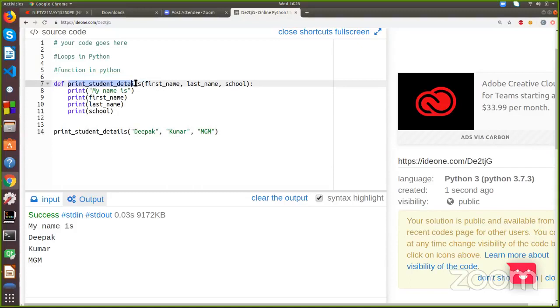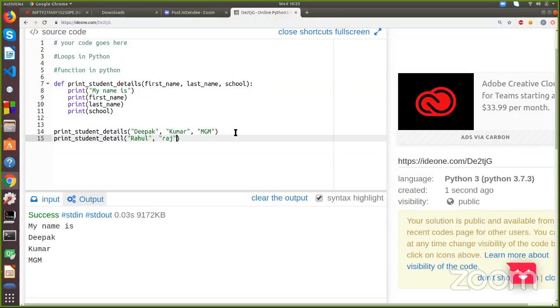So here is the function name print student details, and then you just pass the arguments to the function. For example, as I have passed my name and school over here. So for this purpose we use function in Python. और मुझे और किसी स्टूडेंट्स का भी प्रिंट करना ही है डिटेल्स, तो मुझे बस वो जो मैंने सेम प्रिंट स्टेटमेंट लिखा है वो फिर से नहीं लिखना पड़ेगा. Just I need to pass the arguments of different student, for example Rahul,